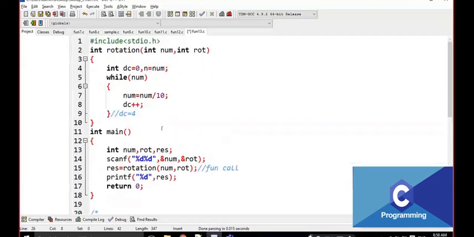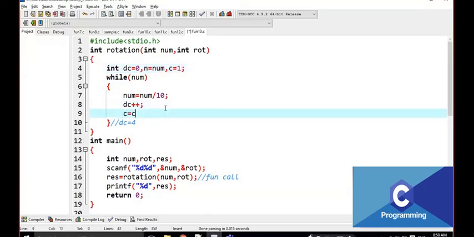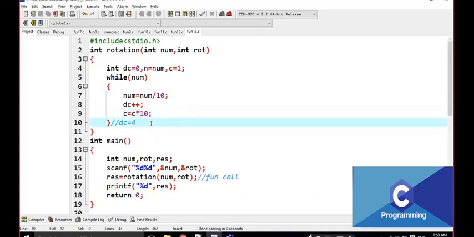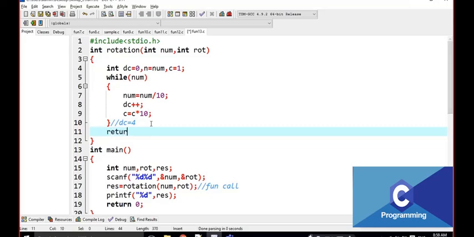Then I am going to take some C value equal to 1. I am going to take C is equal to C into 10, and I am going to return C.